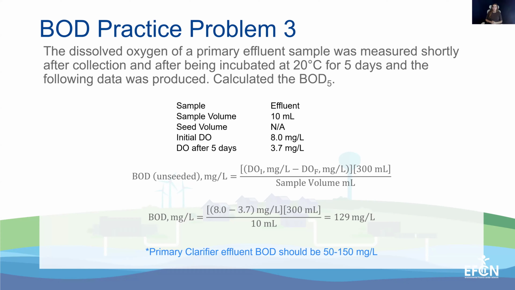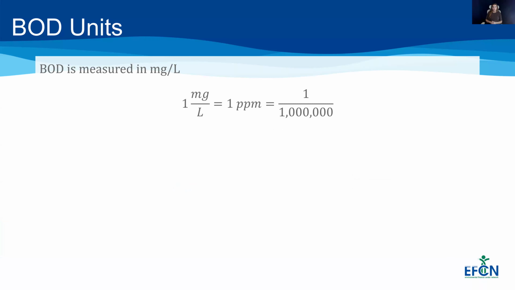So now when it comes to organic loading, we do also need to understand how a lot of these BOD units work. So this is a little bit of a refresher of unit conversions, but it's important. This shows you how, during our BOD loading, we can cancel out some units. So BOD is measured in milligrams per liter. And if you remember, 1 milligram per liter is equal to 1 part per million. And the way you can represent this is 1 over a million.